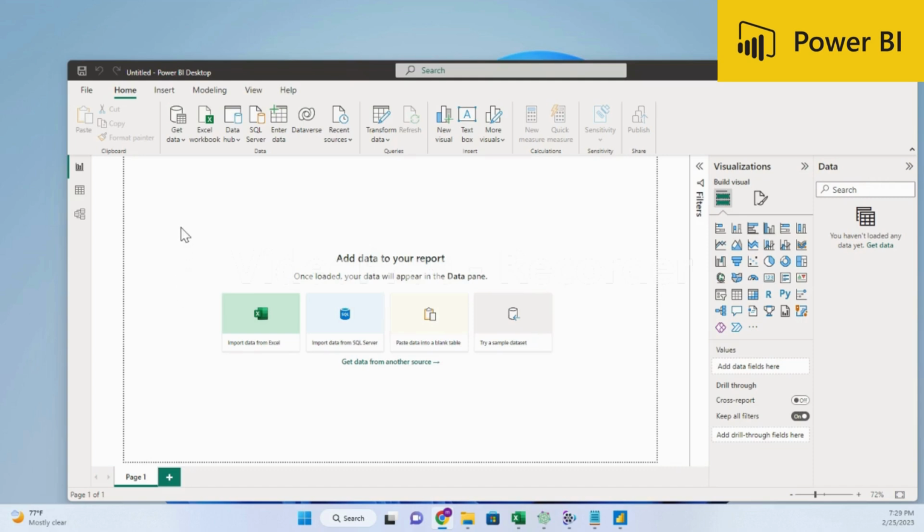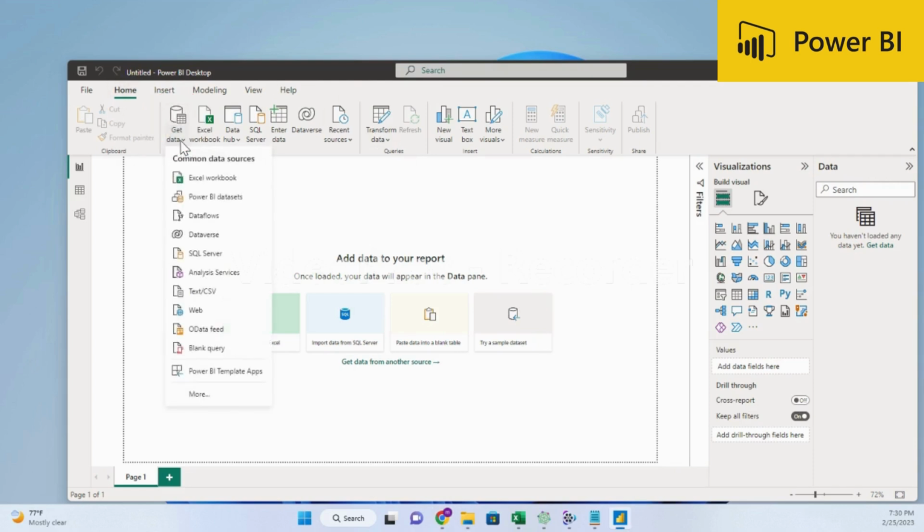So go ahead and open up a blank Power BI as shown on the screen. Once you do that, we will go to the Home tab and then go to the Data section of the Home tab, within which we have the Get Data button. Click on that, and you will see more options of different data sources from where you can bring in your data. It can be Excel, Power BI datasets, or dataflows, SQL Server,